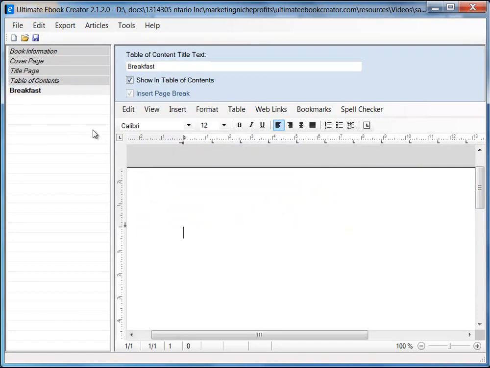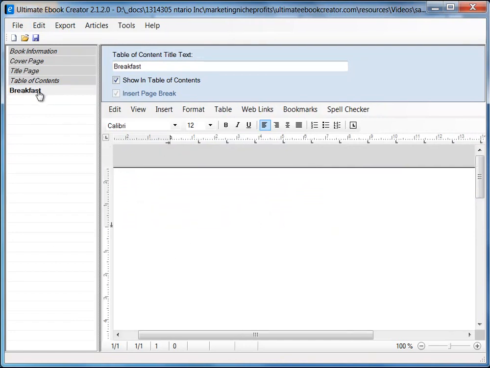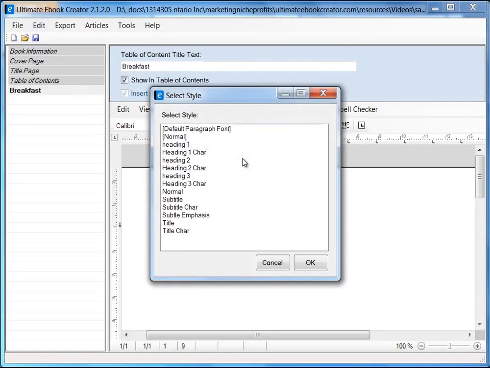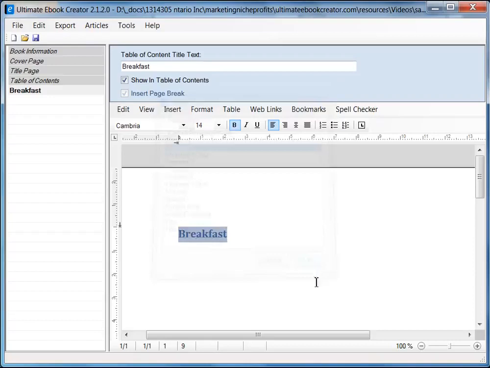Alright, so now we are actually into the content area for breakfast. Okay, but we are not going to type in anything, but basically you can give it a title just like you do in Word. And what we are going to do is we are going to highlight this and go to format and then style, and then select heading 1 as the style of our title. And here you can actually put in some information like, I can say, here are all my favorite